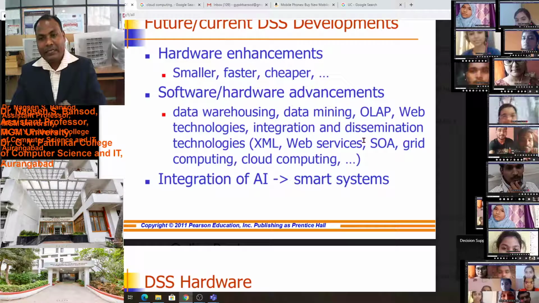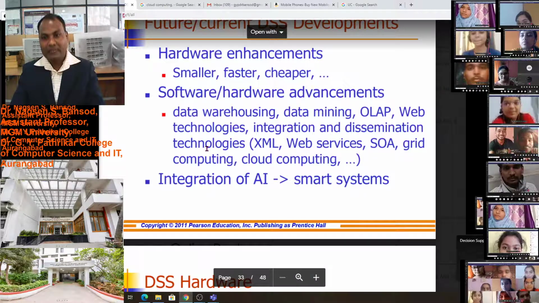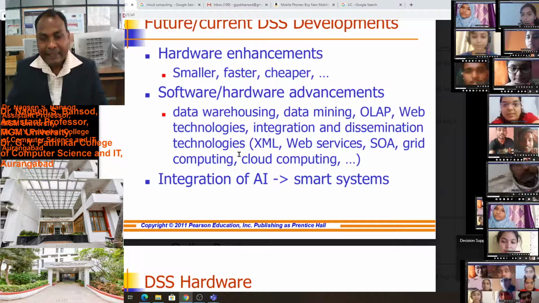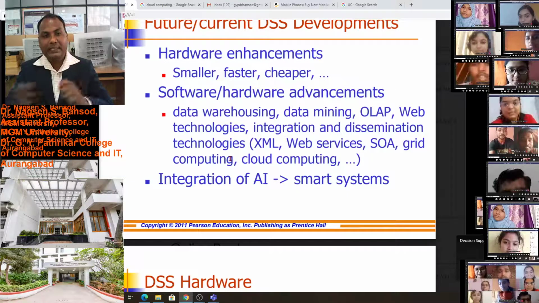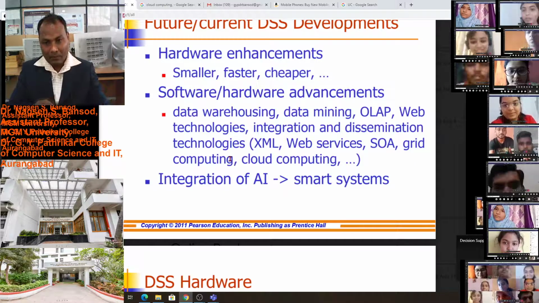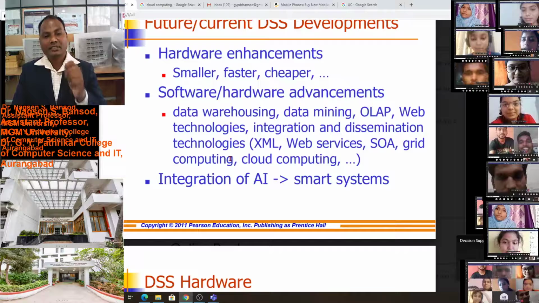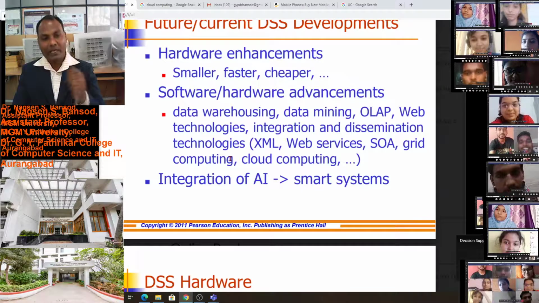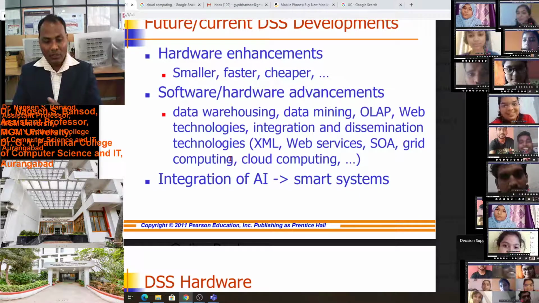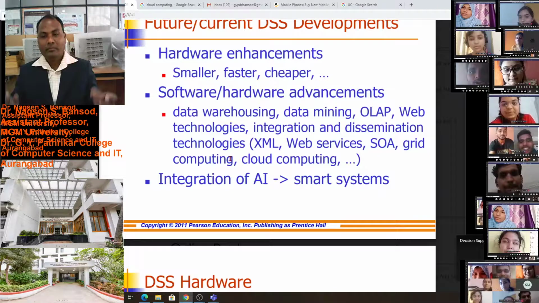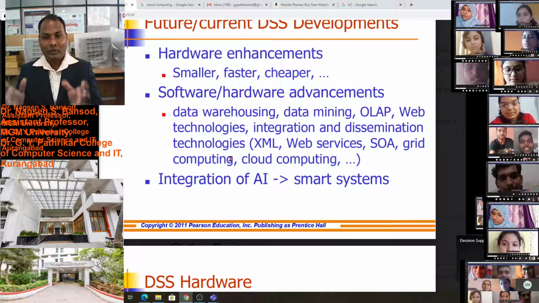Integration and dissemination technology. Integration: we are integrated with multiple softwares so that the analysis, security and appropriate information will reach the customer. Dissemination means a spreading technology.